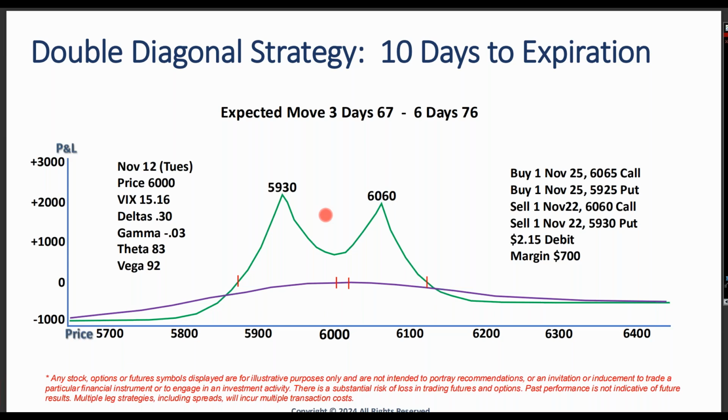Let me say that again in Spanish, English, and Swahili. My margin is 700. If I'm looking to make 10%, I'm trying to make 70 bucks. There I take the debit, 215 plus 70 is 285. Does everybody get that? That's it. Now, somebody made a point. It sounds easy. It's not easy or hard. It's understanding how a strategy works, right?